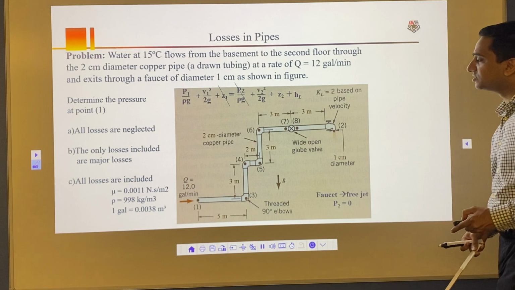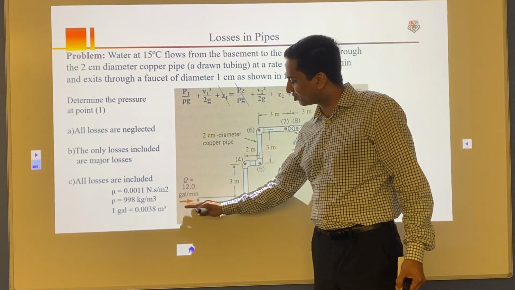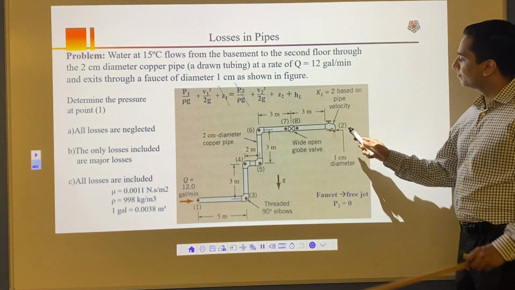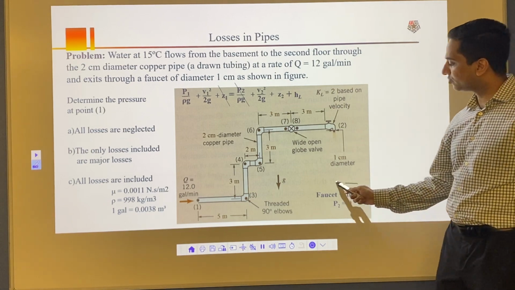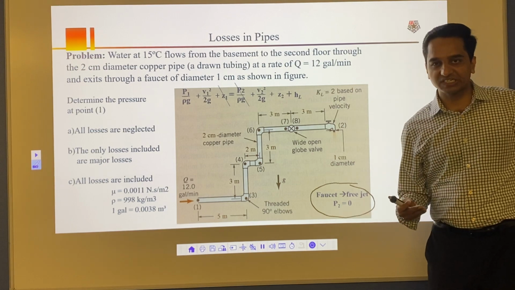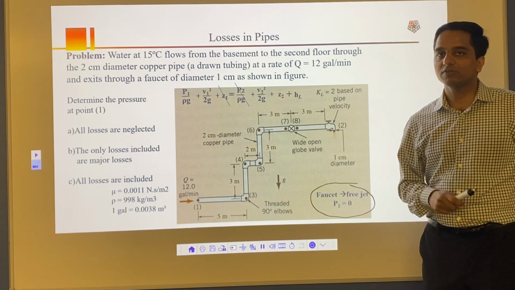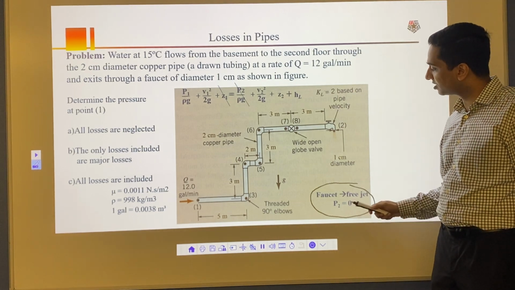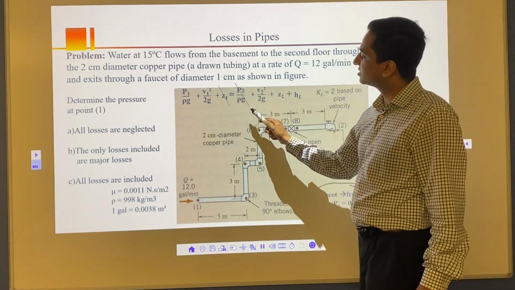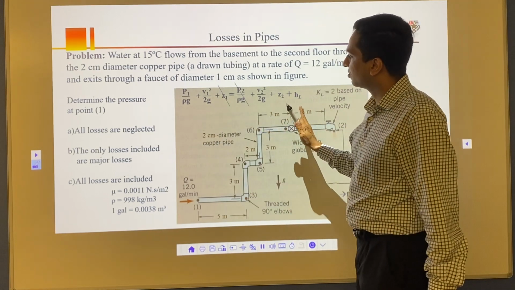Now some calculations. For the first part, Z1 height starts here, so it's 0. That's my base height, I'm going to take it as 0. And then P2, the pressure at point 2. Pressure at point 2 is a free jet, so it's 0. Gauge pressure here is 0. Anything which is open to atmosphere, you always take gauge pressure as 0. So here P2 is open to atmosphere, a free jet, I'm going to take it as 0. So I can cancel this out, and Z1 too, and now I have to solve for the rest.